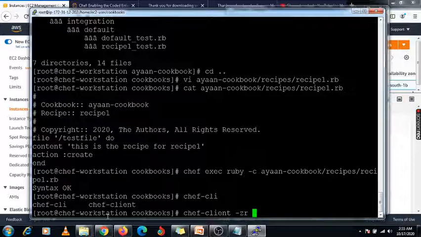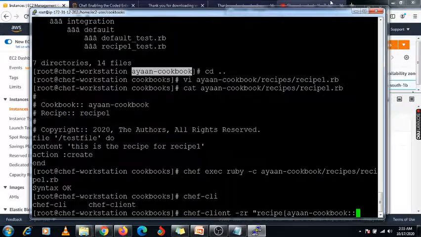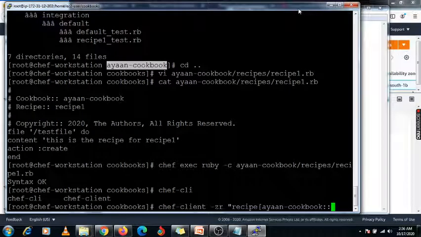Okay, space, double inverted comma, here you need to specify recipe. After recipe you need to specify the bracket, and you need to specify the cookbook name, that is my Ayan hyphen cookbook, and after that you need to specify double colon.